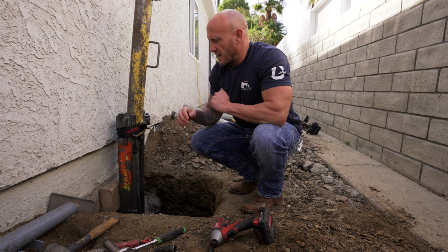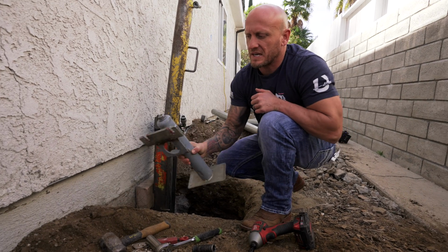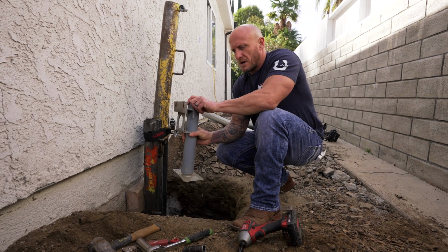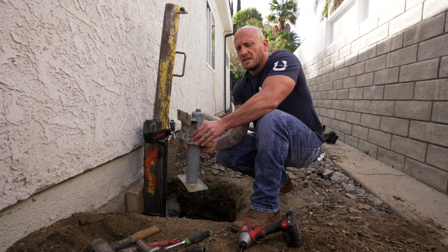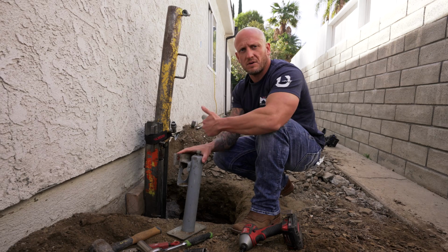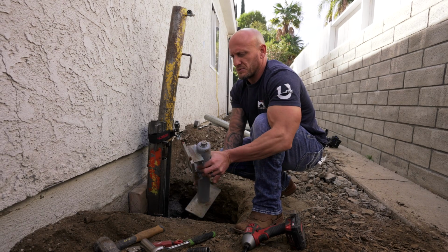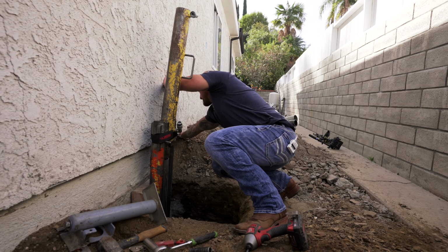Now, something that you're going to have prior to mounting your bracket is these jack stands. The jack stand sits right up underneath your bracket, and then you tighten it and it'll mount that bracket up tight. Once the bracket's up tight, we can then drill out our holes for the bracket assembly itself to mount to the footing. Once the holes have been drilled out, we're going to leave that jack stand assembly in place,